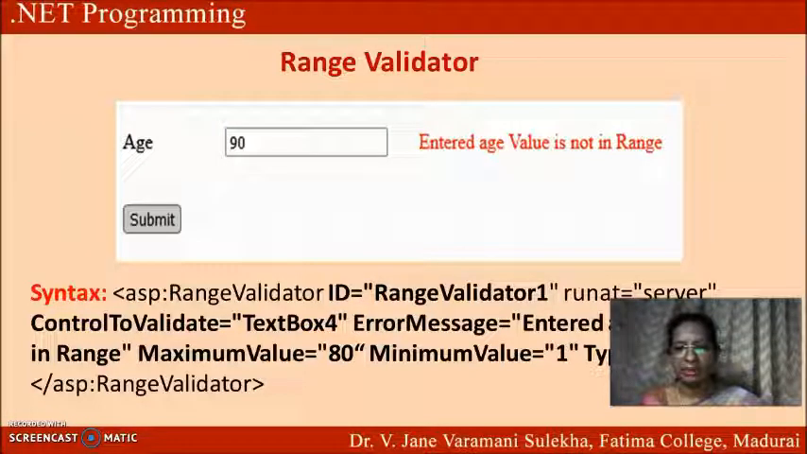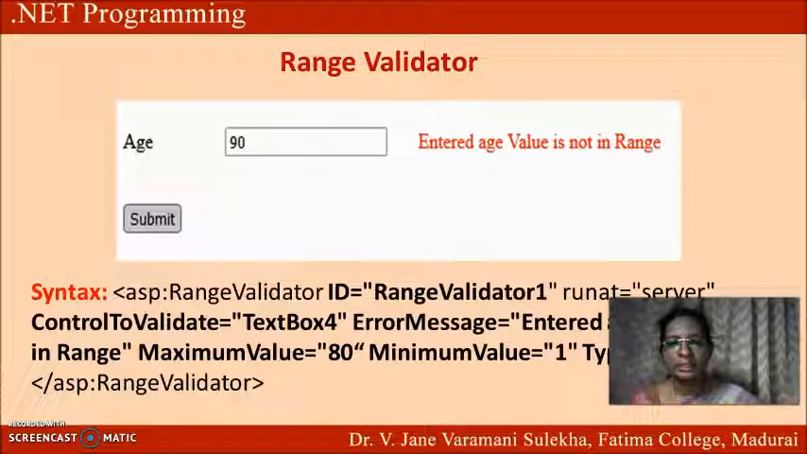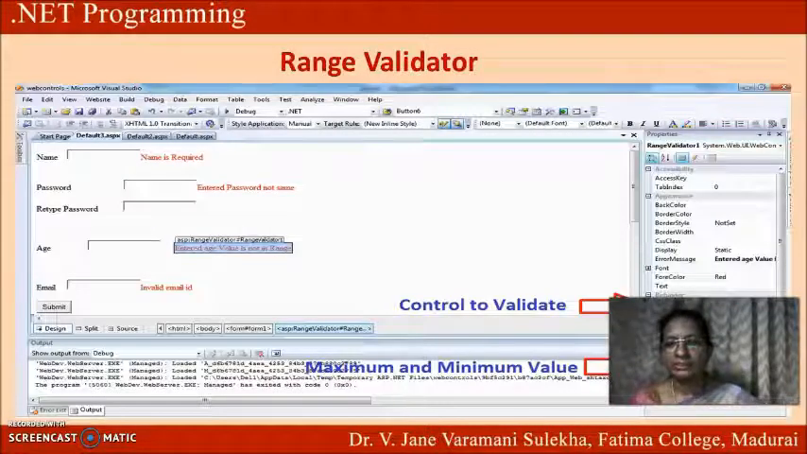well as minimum value. Here in this example, I have given the minimum value as 1 and the maximum value as 80. So when you enter 90 in the particular text box, it will pop up some error message. This error message should be given in this particular syntax. Then only it will be displayed near the text box. So in the Visual Studio screen, you have to give the control to validate as well as the maximum and